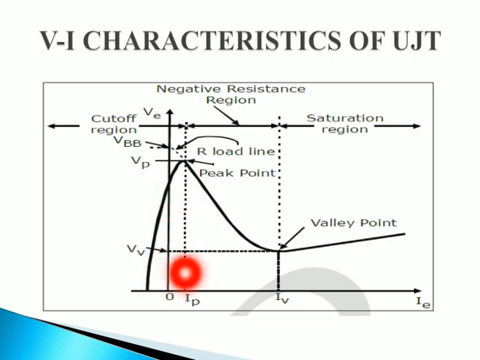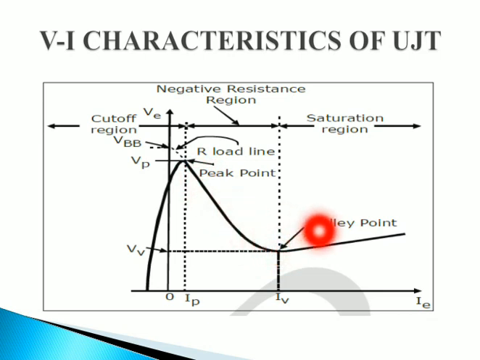Okay, next is the negative resistance region, where your emitter voltage is increased further till it reaches its peak point. Your emitter current also increases, but when your emitter voltage is beyond this peak point, your emitter current will begin to decrease until it reaches its valley point. The region between this peak point and this valley point is called the negative resistance region. Why is it called that? Because the emitter voltage decreases as the emitter current increases, right?